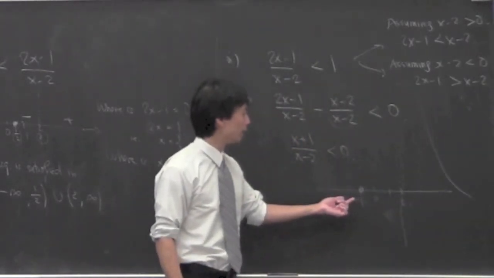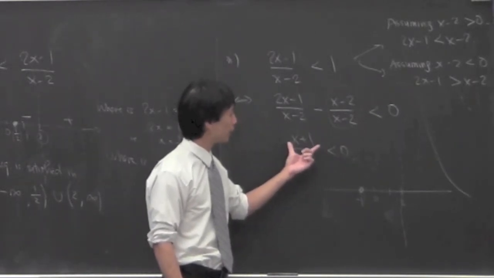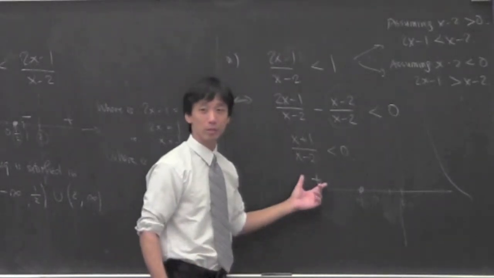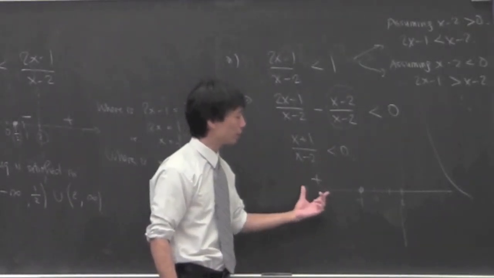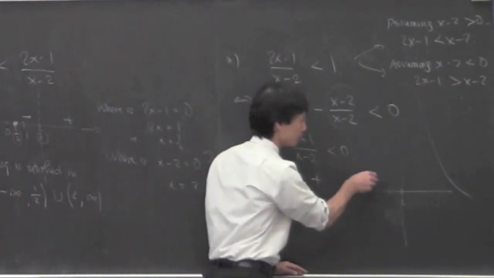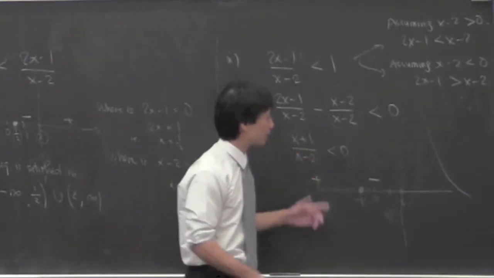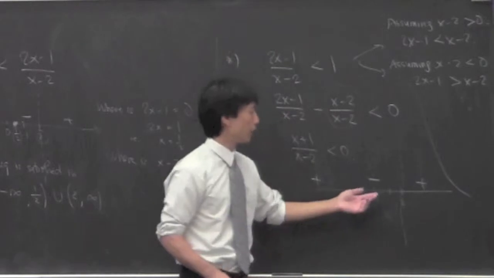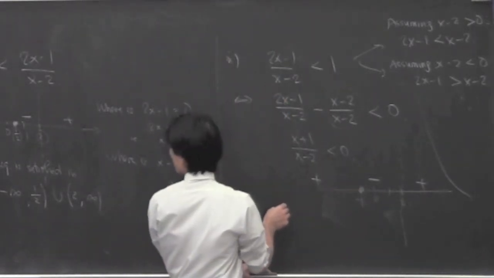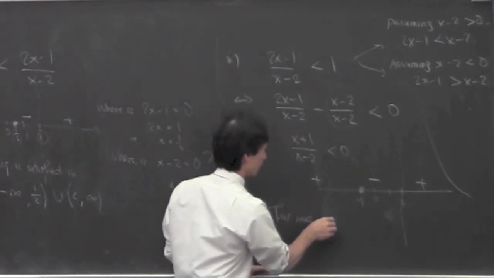I'm going to plug in, say, negative 1,000,000, and I get something very negative over something very negative. That's positive, so we fail the inequality here. If I plug in 0 here, I get 1 over negative 2. It's negative, so it's good. And then I put in some gigantic positive number, and I get something positive. So the only place that this inequality is satisfied